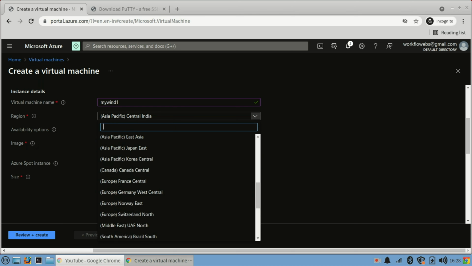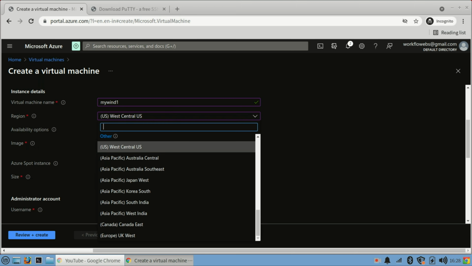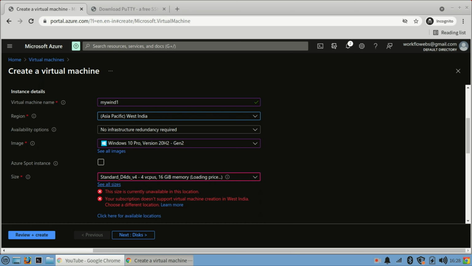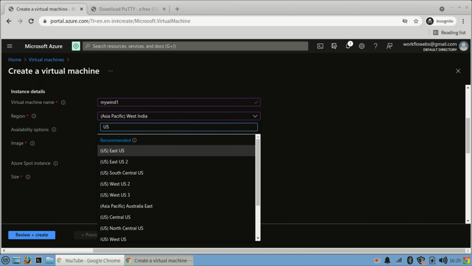Okay, now what I will do, let me change the region. So now see, I have selected the US region. So in India region it was not allowed, so I have selected another region where it can be deployed. So India region, it was having an issue. So like even let's say if I select West India, this is not available. Okay, so my subscription is not allowing me to do that, because this is a free trial. Okay, so rather than that, I will select somewhere in US only, that would be better.